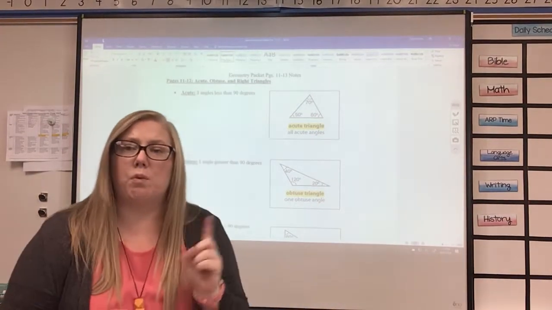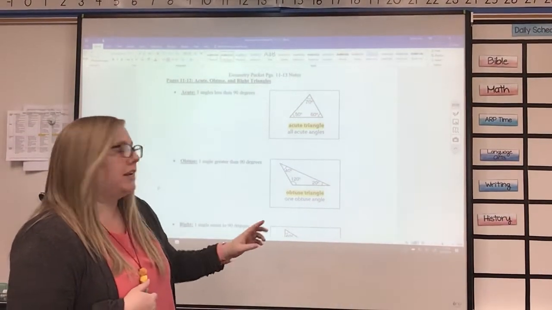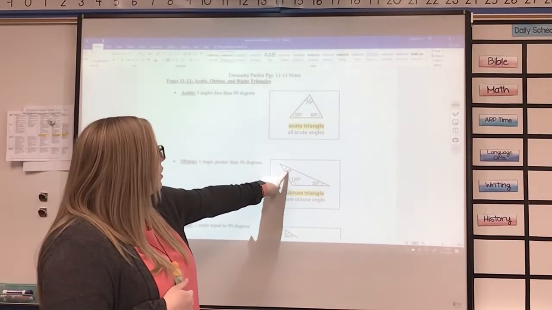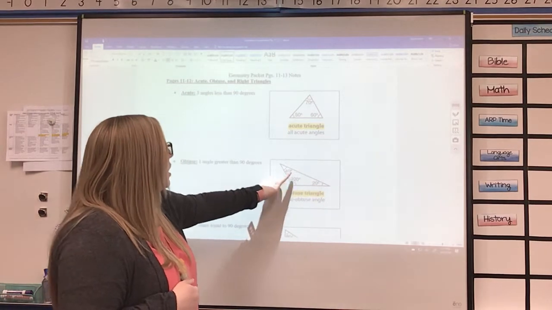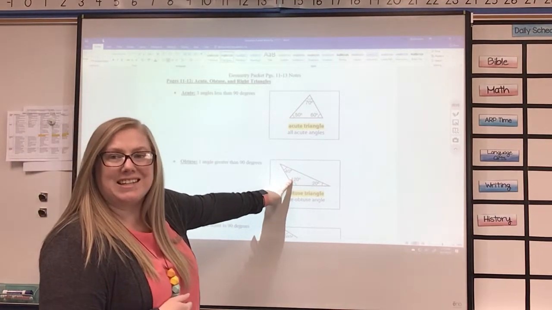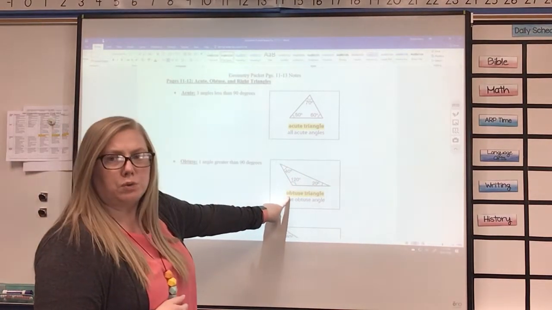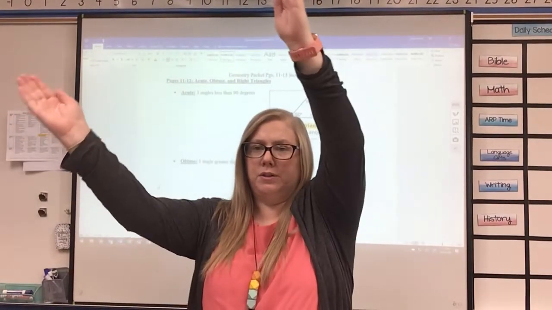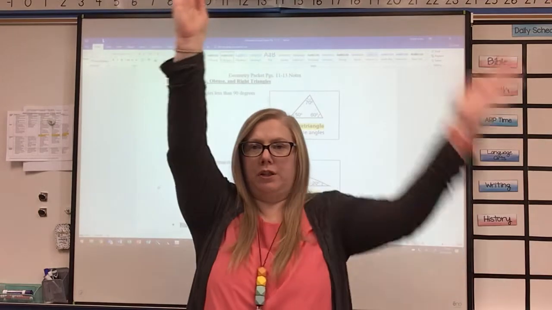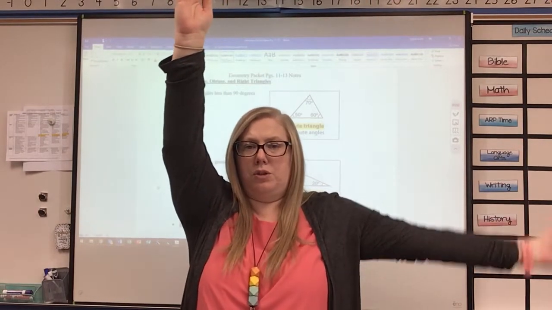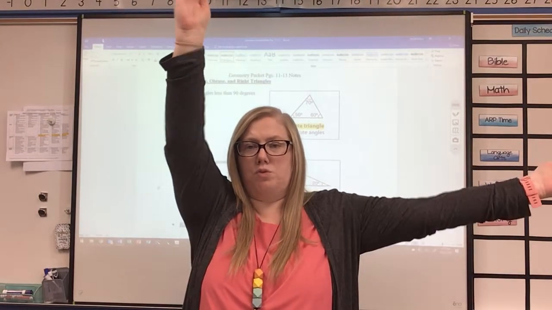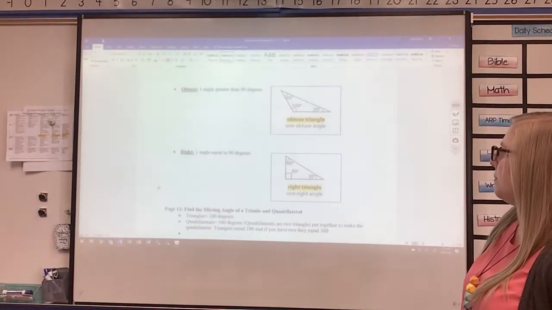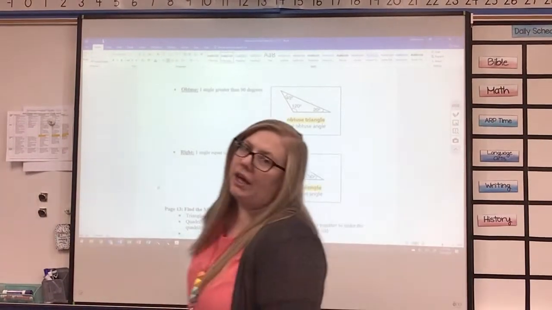Obtuse, I have 1 angle that is greater than 90 degrees. So here I have 40, 120, and 20. 120 is greater than 90, so it is an obtuse triangle. So think acute, obtuse, and right. So then my next one is going to be right, and that just means that I have a